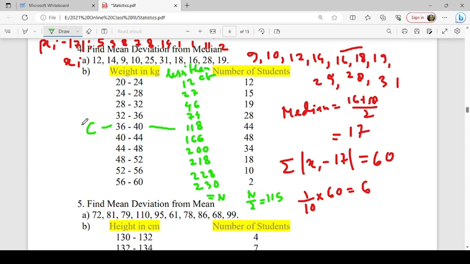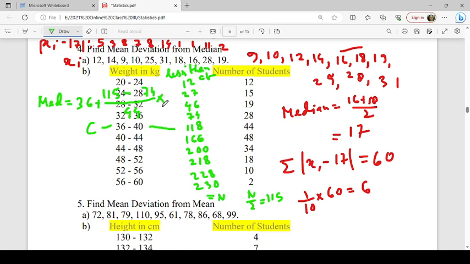Then median is equal to, lower limit of C is L is 36 plus n by 2 is 115 minus, so this is 118 and previous one is 74, divided by corresponding frequency is 44